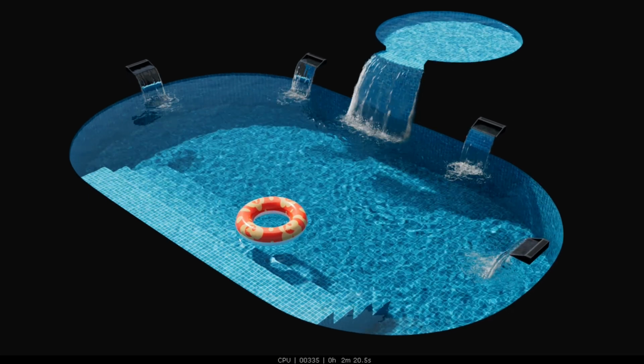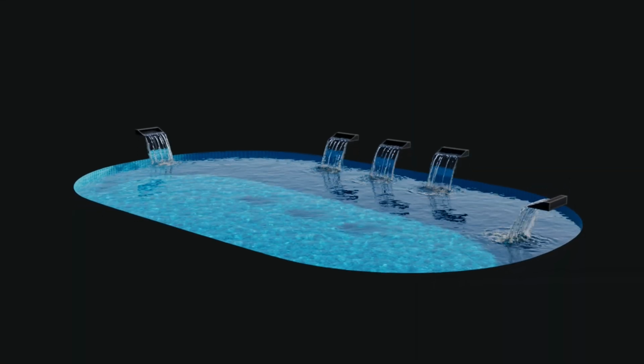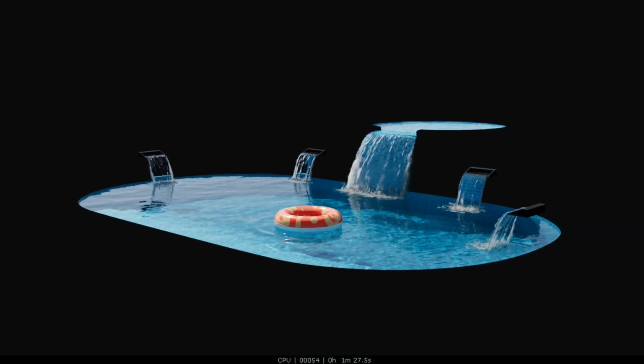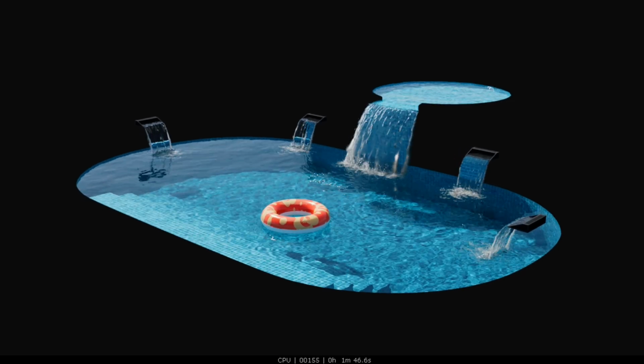I don't often create step-by-step tutorials, but for this one, I tried to include more details about the process. I've split the video into 2 parts, and this is the first one. I'll show you how to create a small single simulation and then merge it into a larger pool using the